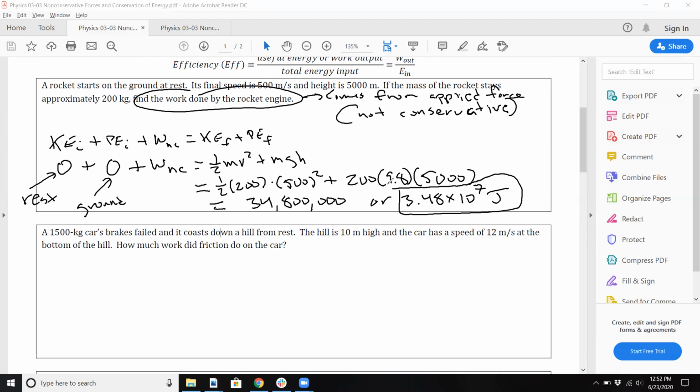Let's look at another one here. A 1,500 kilogram car's brakes fail and it coasts down a hill from rest. The hill is 10 meters high and the car is at a speed of 12 meters per second at the bottom of the hill. So again, we're going to do the same thing. Let's change colors here. KI plus PI plus work that's not conservative, which is going to be that right there, equals KF